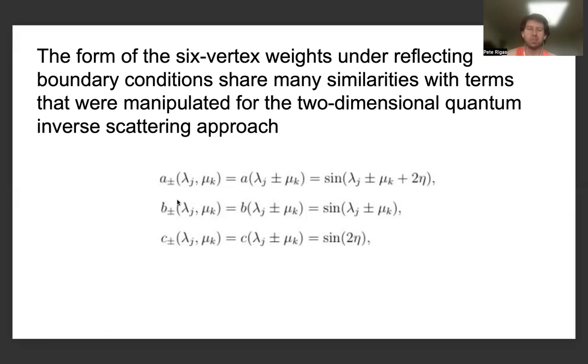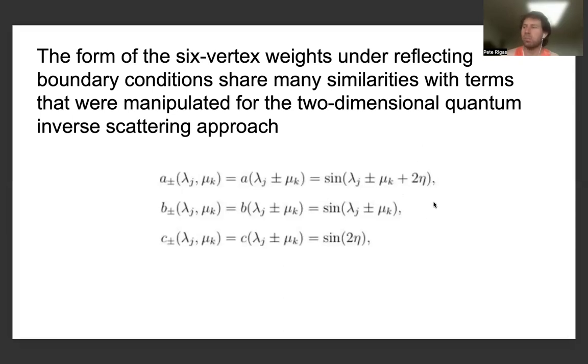So what we have is that, as we had for the K plus and minus terms, which denote the 2 non-zero entries given in the K matrix, these weights can also be defined as a function of the spectral parameters lambda sub j and mu sub k, and they also have a subscript, a plus and minus, to denote that we can have different types of boundary conditions which are enforced for different portions of the finite volume. And this is given by the fact that the first weight, which is given by the 6-vertex model that the authors from this paper reference that we've been discussing in this presentation, they look at with reflecting boundary conditions,